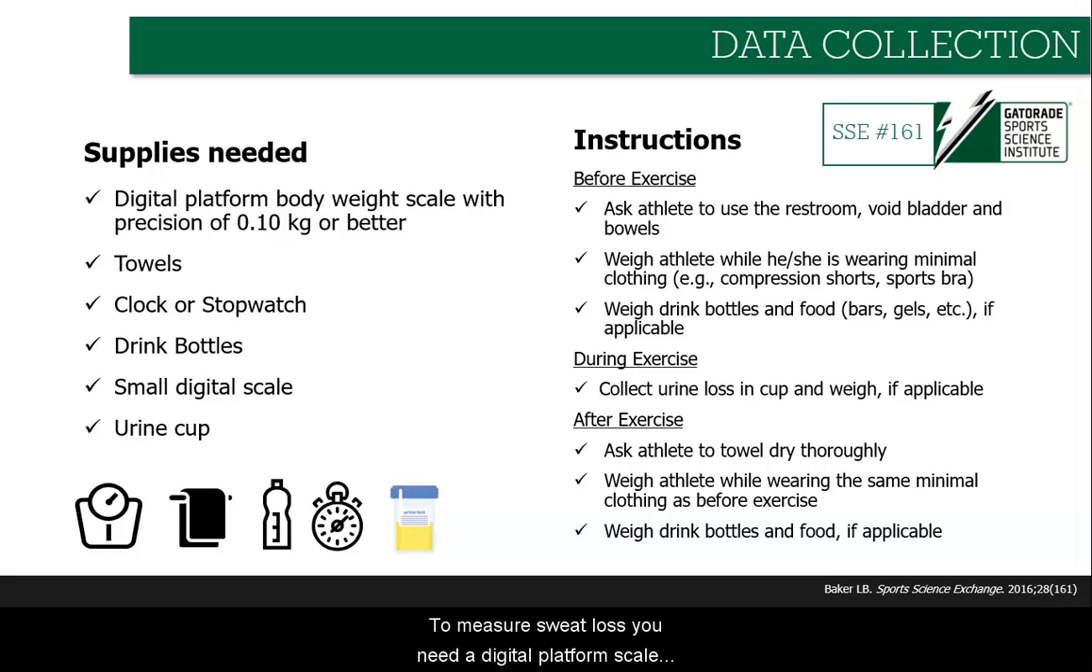To measure sweat loss, you'll need a digital platform scale, towels, a clock, drink bottles, small digital scale for weighing food and fluid, a urine cup, and a scale for weighing the urine. Instructions are similar to measuring hydration status, but this time, in addition to pre- and post-exercise body weights, you'll need to weigh the drink bottles and food that the athlete plans to consume. In addition, if the athlete needs to use the restroom after they've weighed in or at any point during exercise, you'll need to ask them to collect the urine in a cup and weigh it. More information on best practices for measuring sweat loss can be found in Sports Science Exchange